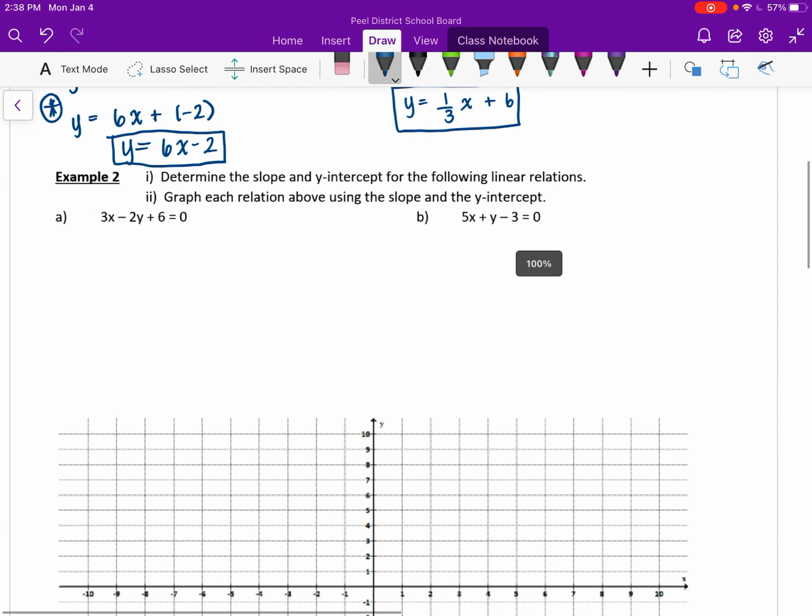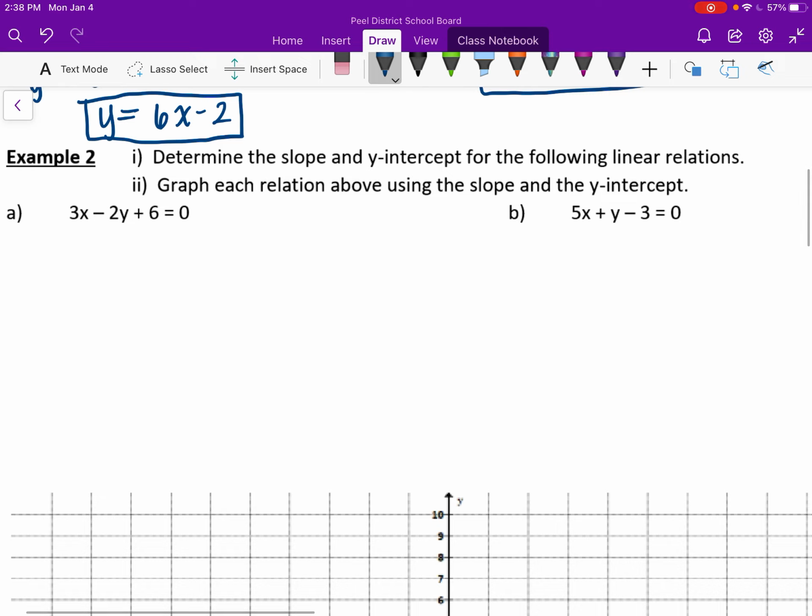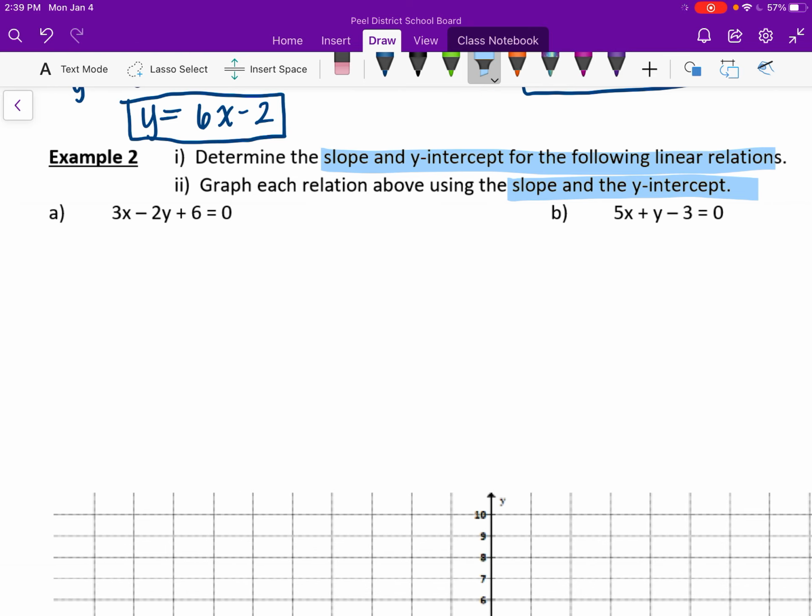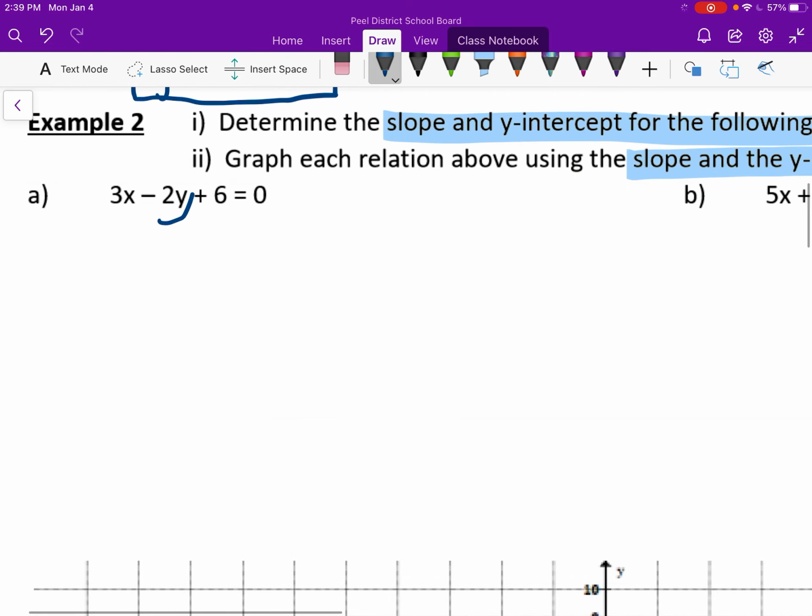So moving on to example 2. It says to determine the slope and the y-intercept for each of the following relations, right? And then given each relationship above, use the slope and y-intercept form, right? So you can do this one of two ways. You can just put in the y-intercept, find out what it is, and then you can find the slope by doing rise over run. That's fine too. Personally, what I like to do is I just like to isolate for the y,